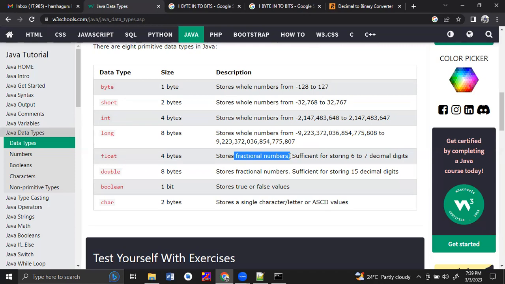For example, 4.5, 10.26. Wherever there is a dot, we use fraction values, even in prices or in liters, whatever. Some fraction values will be there, and those kinds of numbers we should store in the floating data type. We can't store the floating values in the